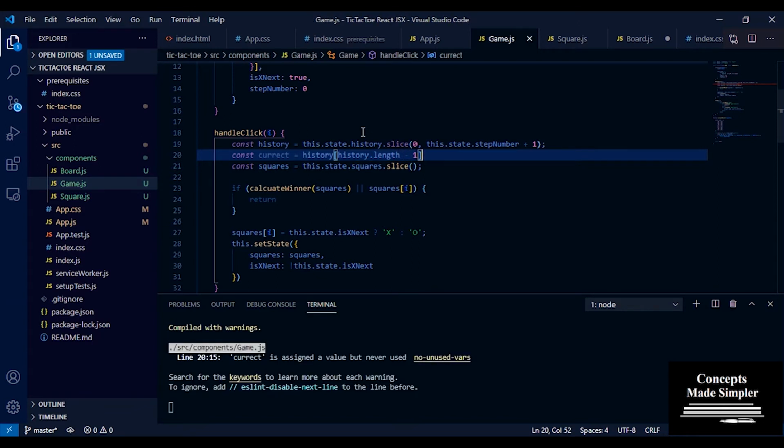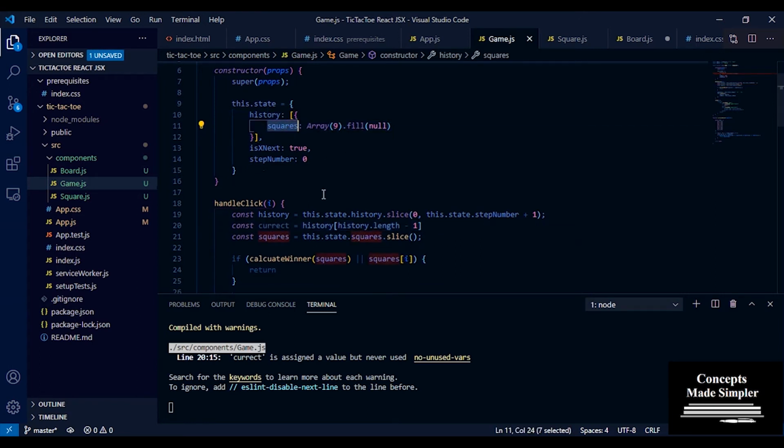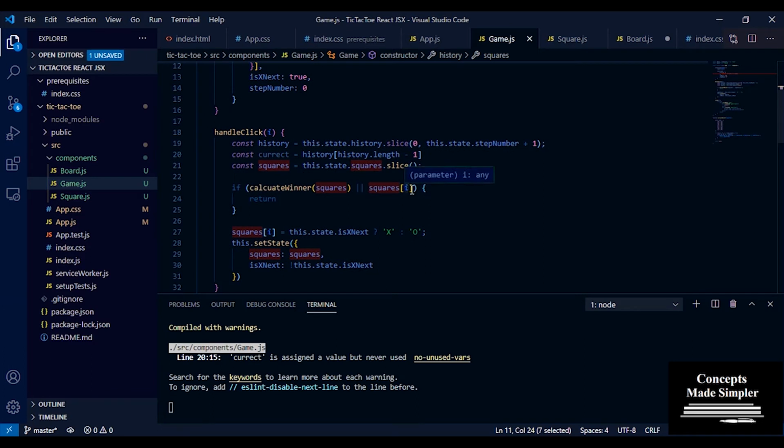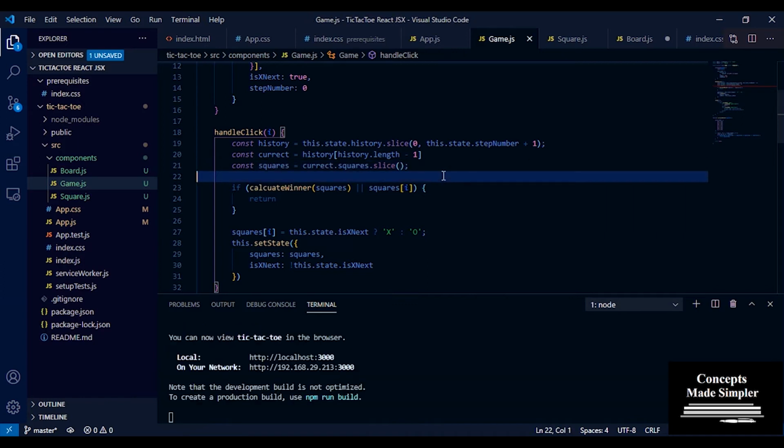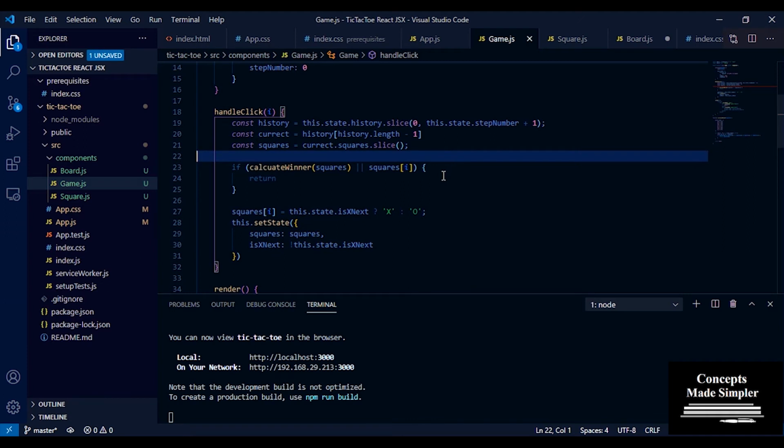So we get the current object, which is an object with another key-value pair, squares, which is the current state. And we are going to set squares to current.squares.slice, and the rest of the stuff seems pretty much the same.